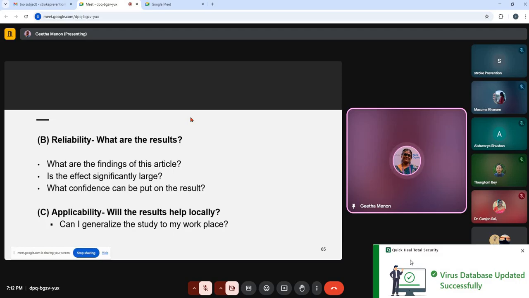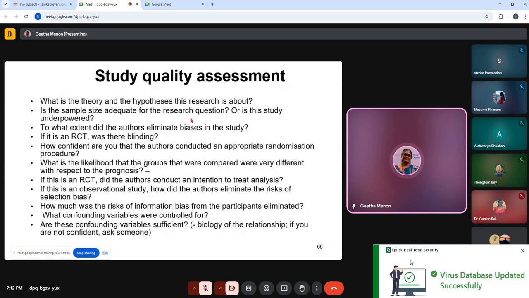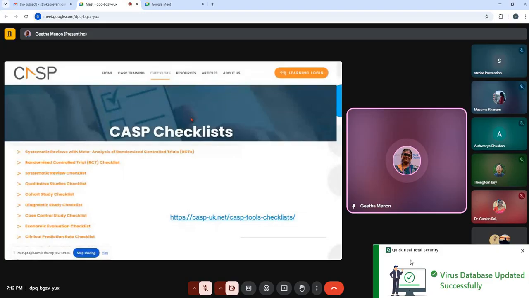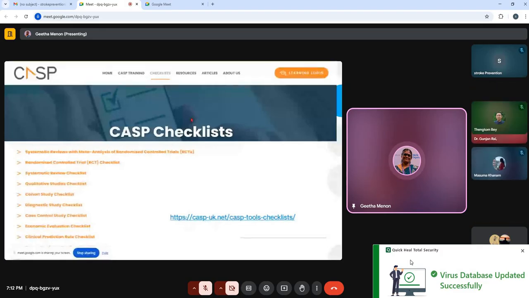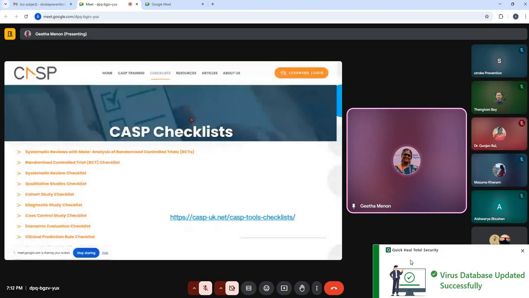Is the effect significantly large? Have confidence levels been given? And is it useful, or can it be generalized for my settings? This is something that you need to assess using the quality assessment criteria. And checklists are available for quality assessment criteria. Various checklists are available, and every checklist is for a specific type of study. So if you are interested to review